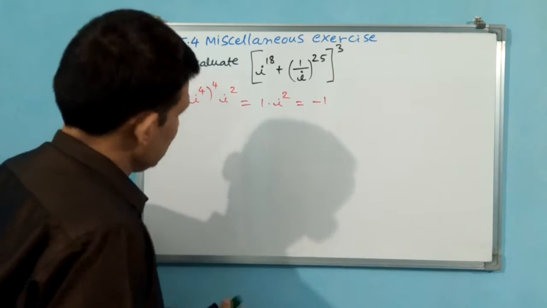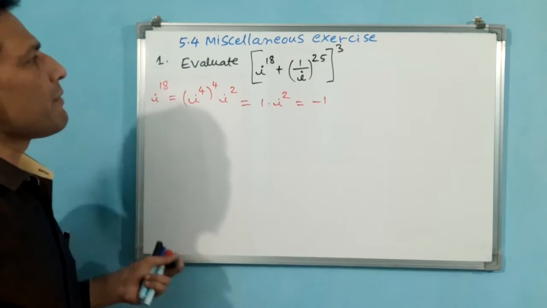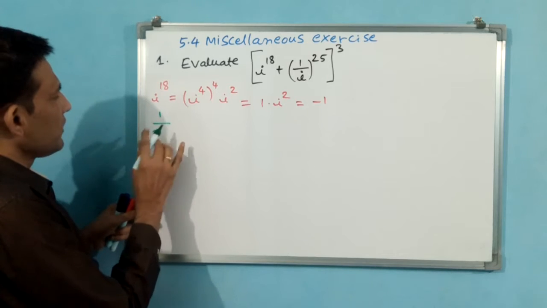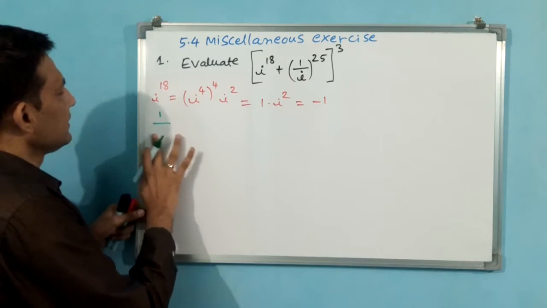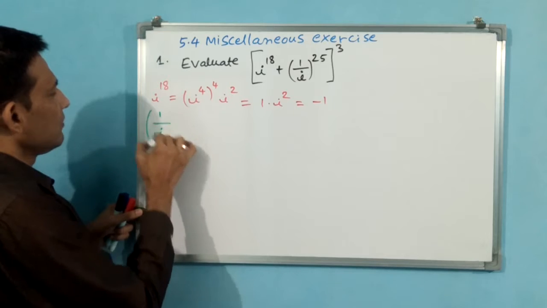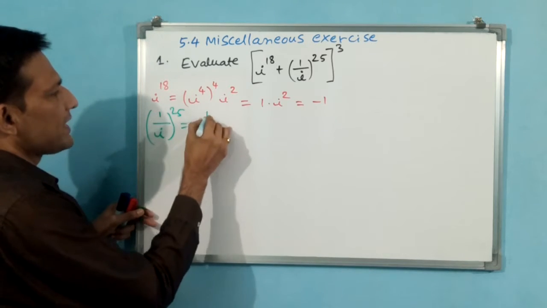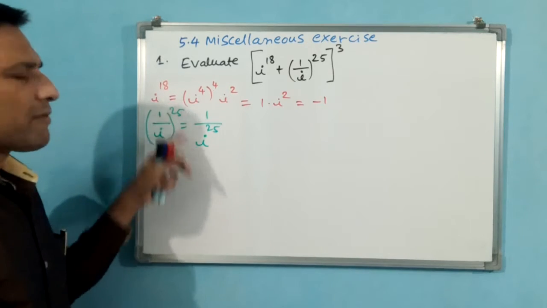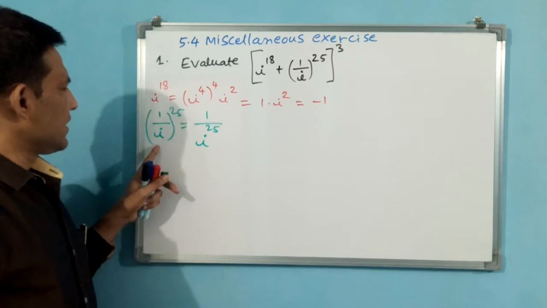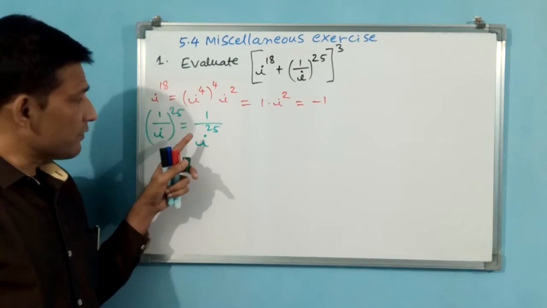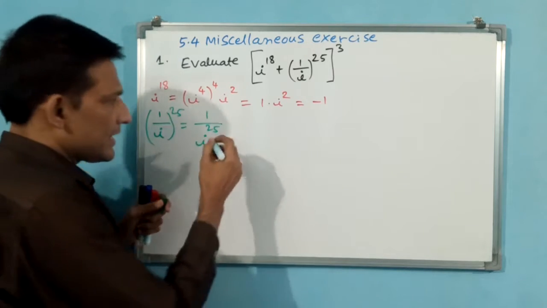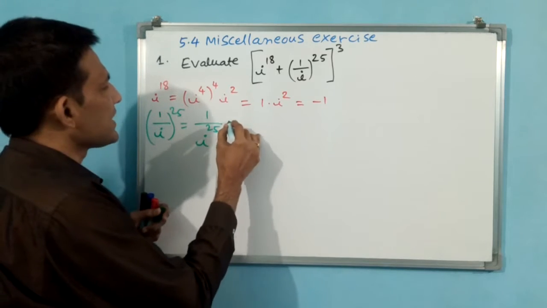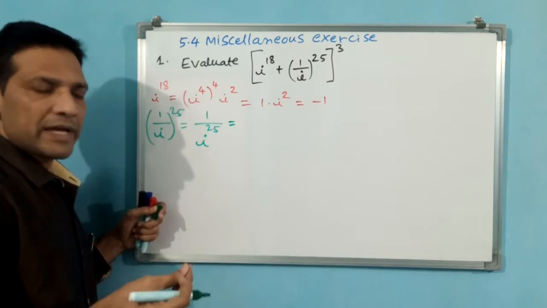Okay, now let us see (1/i) whole power 25. You see, even though you write 1 by I whole power 25, finally it is going to become 1 by I power 25, because 1 power 25 is 1 only. I power 25 is in the denominator. Let us first reduce it. Afterwards we will do rationalization, because in the denominator we cannot do calculation.